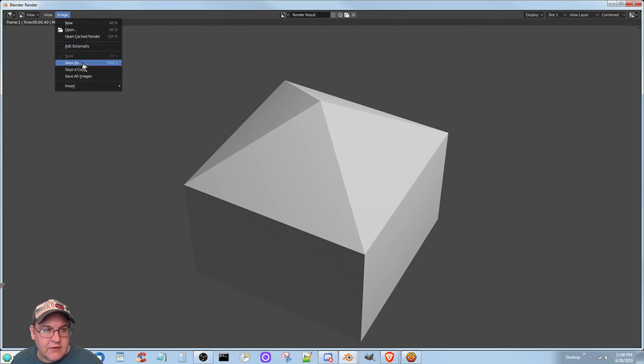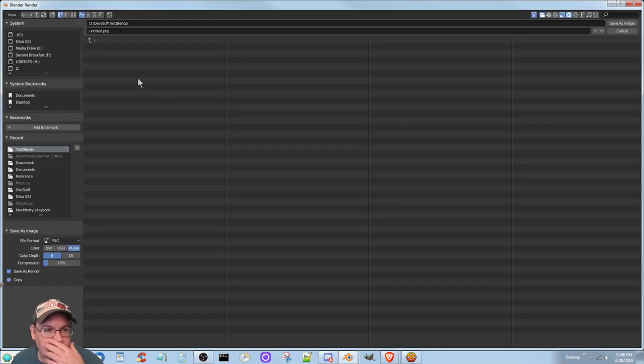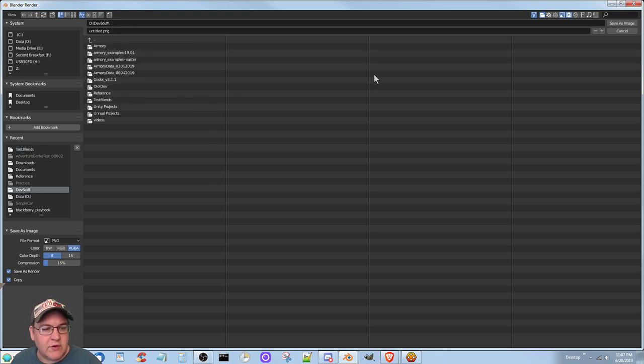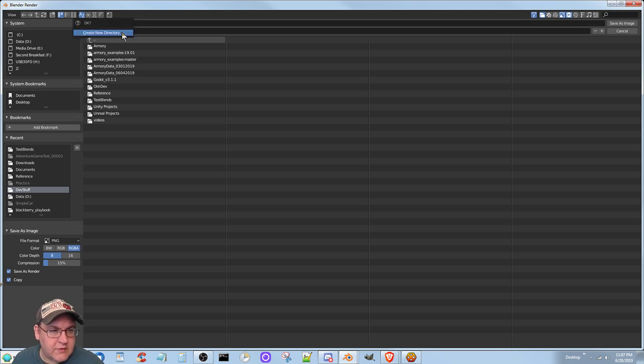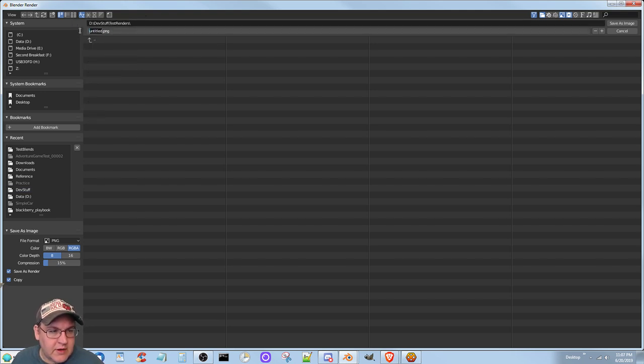I can say Save As, or Shift S, I guess, and I can go up to, instead of putting it, actually I'm not sure if I should put test renders and test blends in the same thing, or if I should have a new folder, call it test renders. Can I add a new folder? Show folders, increment the file name number. Let's call this test renders, because I just created it, and let's call this